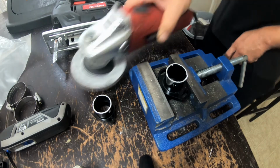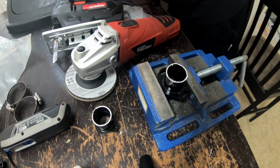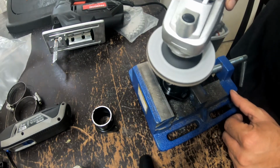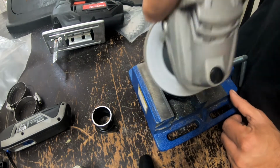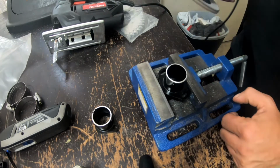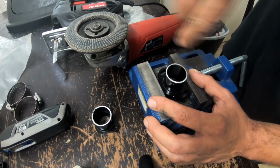Got my grinder. It's not bad weather today. There's one reason I'm not doing it outside in a second. I just didn't feel like going outside. Well, not to do this. Alright. Got a grinder. Inside,